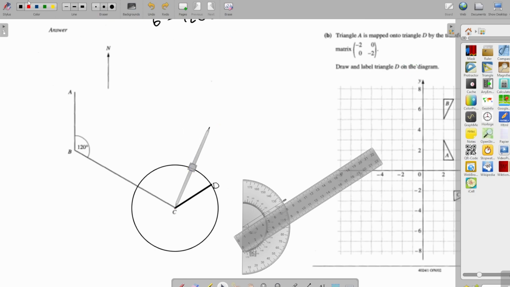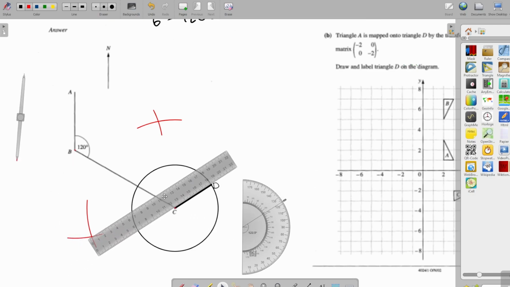Actually, let's do this with a different color. Let's do this with red. So we'll draw this indicator here, and then we'll draw the same indicator down here. And then we can do the same for B. We'll just put this at B, and we're going to draw this indicator, and that is going to allow us to find the perpendicular